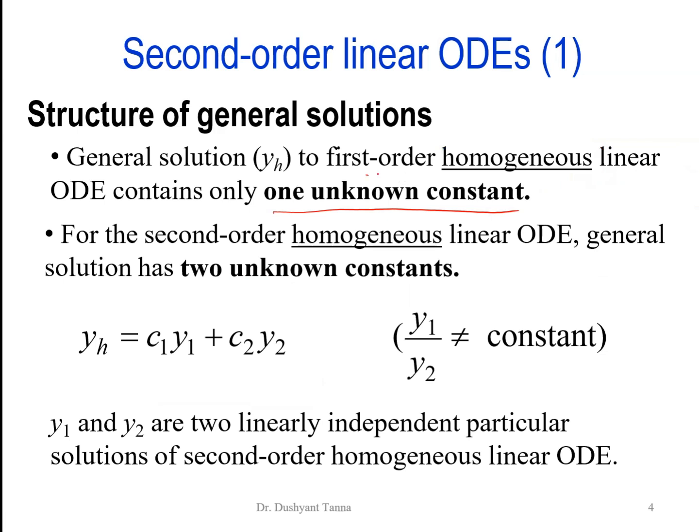So first order has one constant, and second order should have two constants. That will be represented by c1 y1 plus c2 y2, where y1 and y2 are linearly independent particular solutions of the second order homogeneous